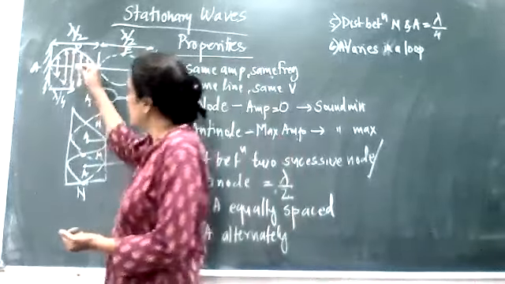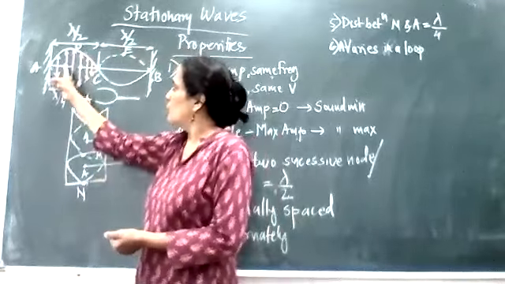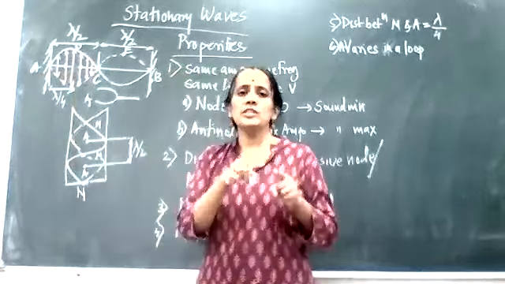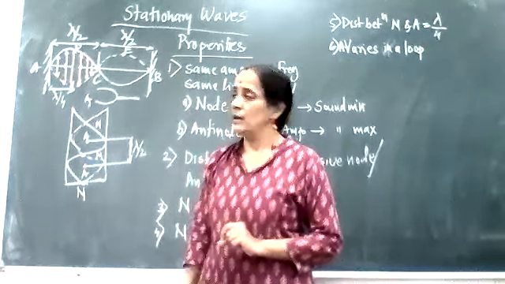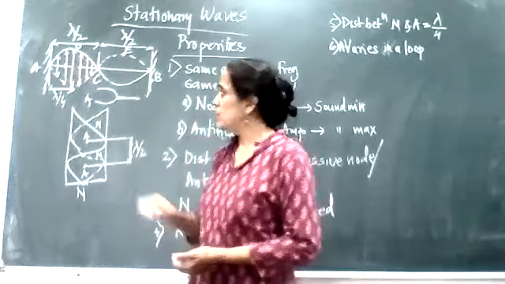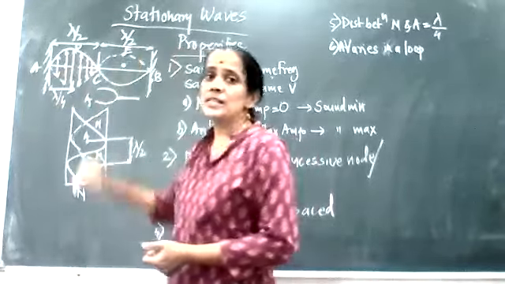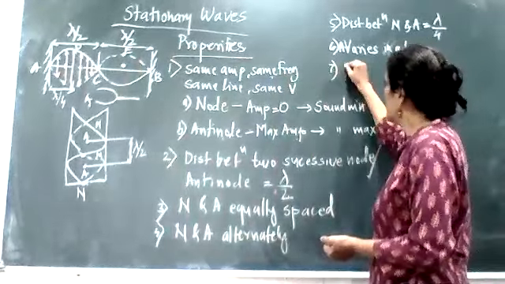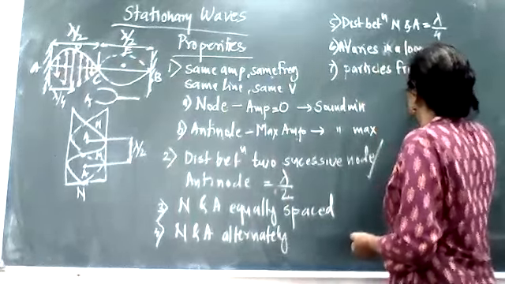Suppose this is one particle and this is the second particle here. Both the particles lie in the same loop, so their phase will be between 0 to pi. But if I consider one particle from the first loop and the second particle from the second loop, I write first: if I am considering particles from the same loop,